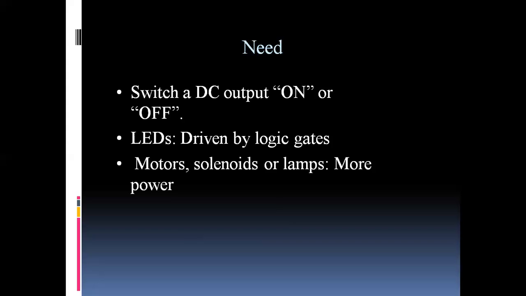In that case the transistors are used, because we cannot use simple switches to interface such devices. These are carrying more power. So to handle these devices which require more power, we are going to use the transistor as a switch. This is the need: for power handling circuits, to interface or switch those circuits, we require more power, and the more power is provided by the transistor.